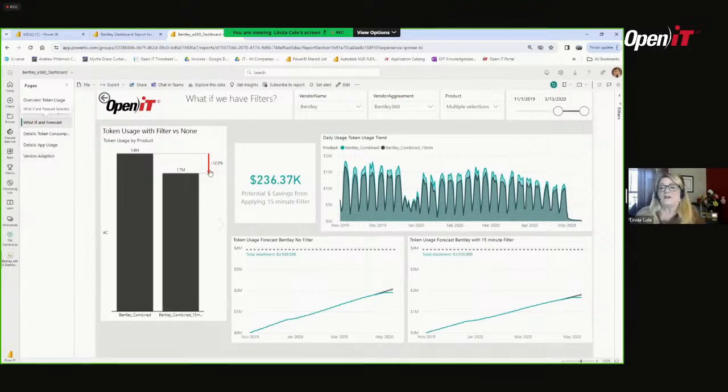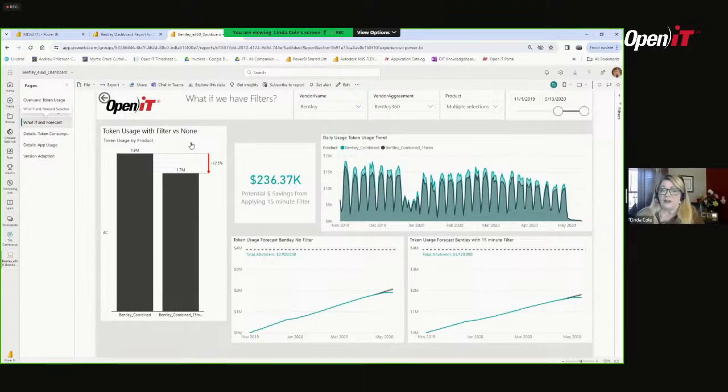So you can do what if scenarios. This particular one has a 15-minute filter. So what would the financial impact be if you were able to negotiate a 15-minute filter based upon your usage? In this particular example, it's almost $250,000 savings by doing this one negotiation with that particular vendor. The other things you can do what if scenarios on are if the vendor is changing license types, for example. So they're going from a concurrent to a named user, things of that nature. So it's very important to have all of this usage information so you can see the impact